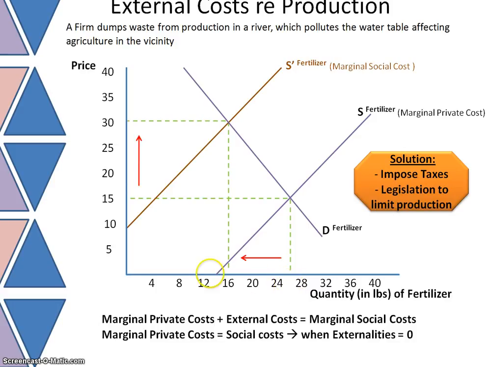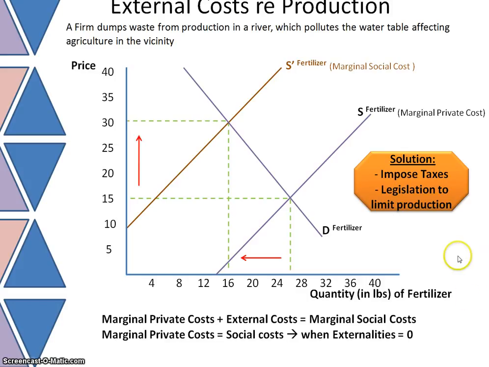What we want is a lower equilibrium quantity, and therefore we have to find a way to get firms to internalize all costs, private and external, and therefore cause them to operate at a higher equilibrium price and a lower equilibrium quantity. One way we can do that is to impose taxes upon firms that dump or pollute, to impose taxes on the products that they create, or even impose fines upon these firms.